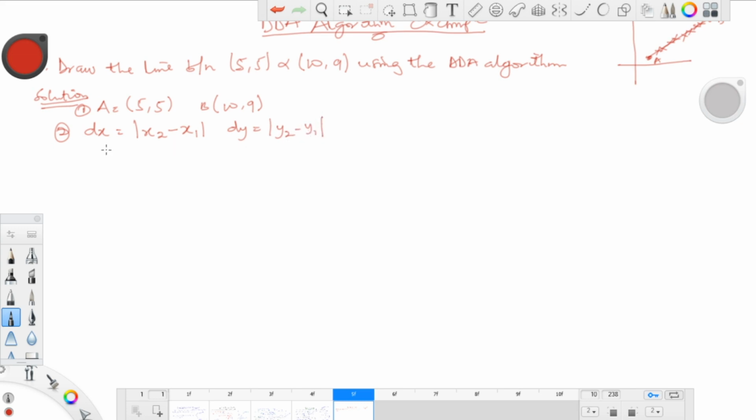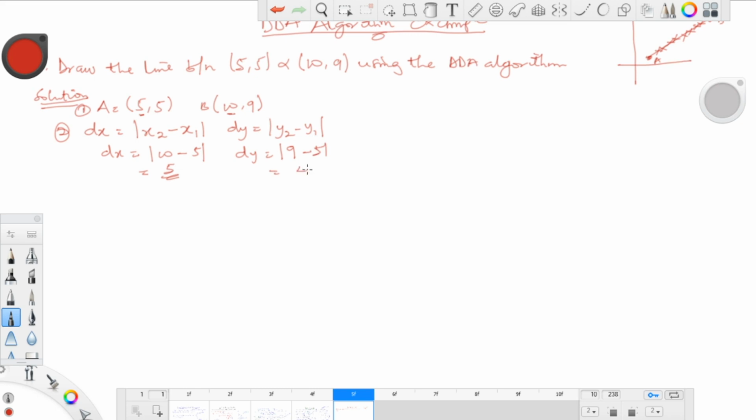Putting in the values, we have the magnitude of dx equal to 10 minus x1, which is 5, which will eventually give us 5. Again, dy will be equal to the magnitude of y2, which is 9, minus 5,